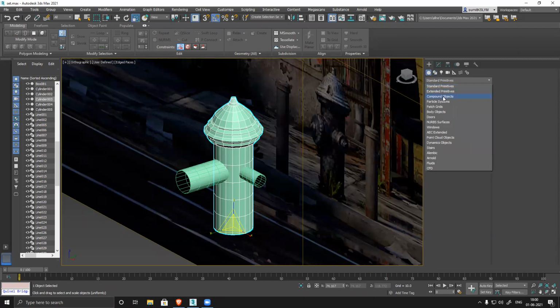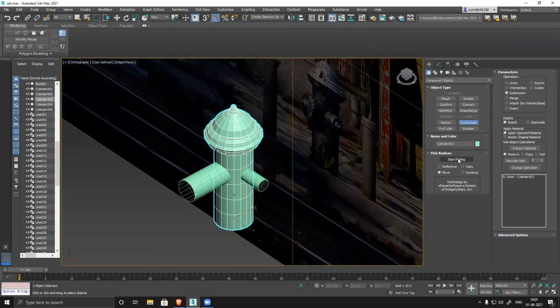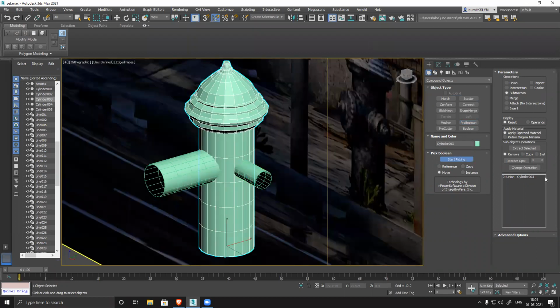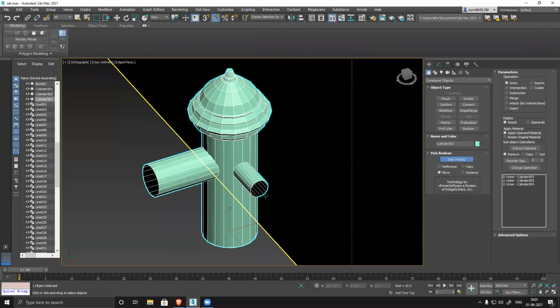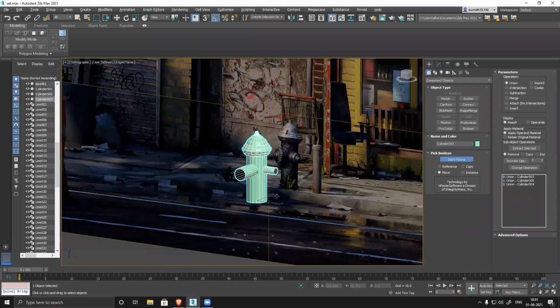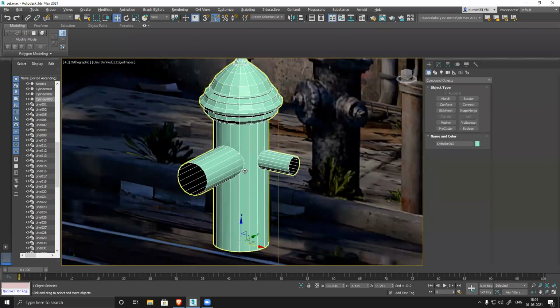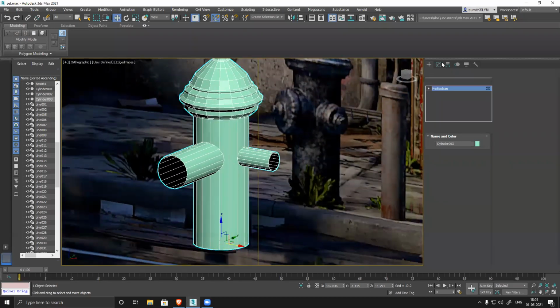Now you have compound objects. You can see you have an option called ProBoolean. You remember we used this to create that hut-kind-of shape. So select this, and there's something called Start Picking. This one. Oh, I forgot to select Union. Union. So now these two become part of this model. Right click, done. It's become part of this thing.